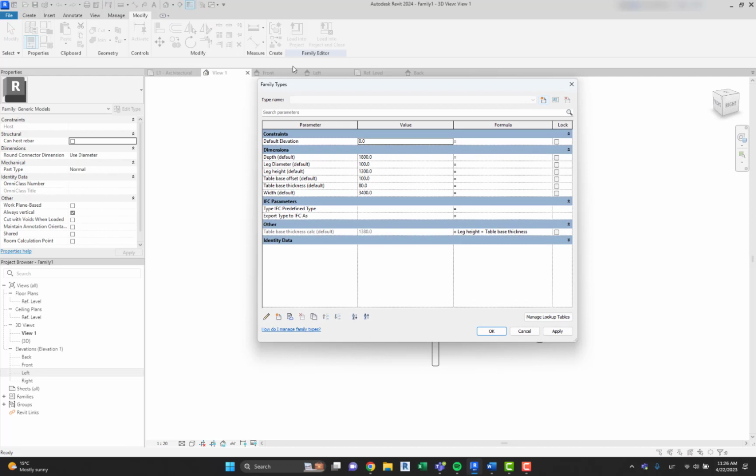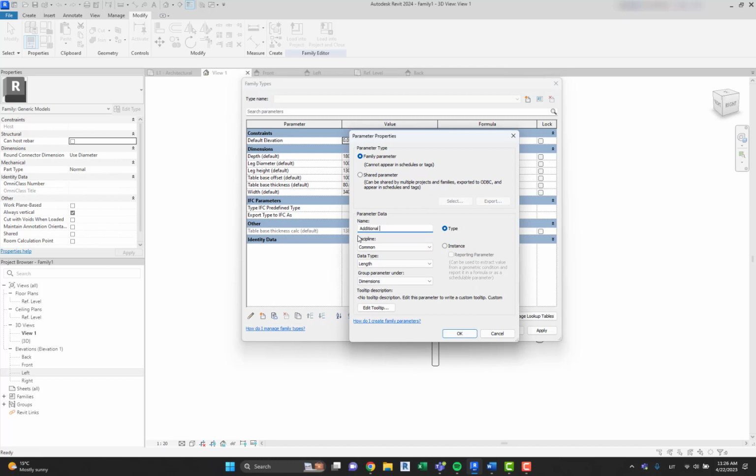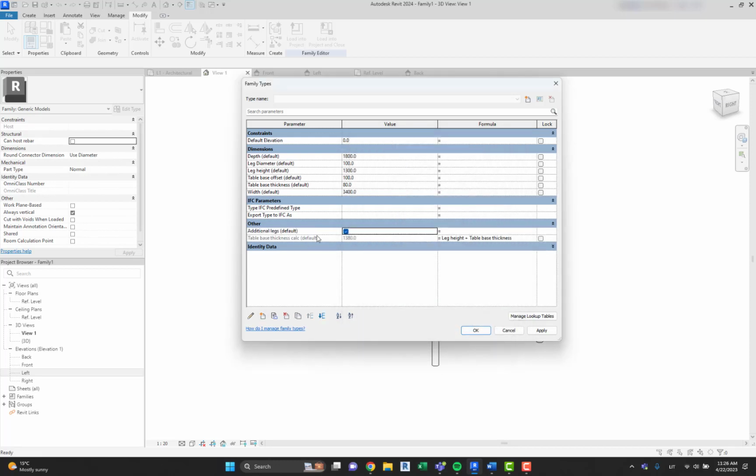So let's go to the family types. Let's create an additional parameter, which is going to be additional legs. Let's create instance, and the data type, let's change to yes/no, and let's group this parameter under the other again. Here it is. So the statement is going to look like,